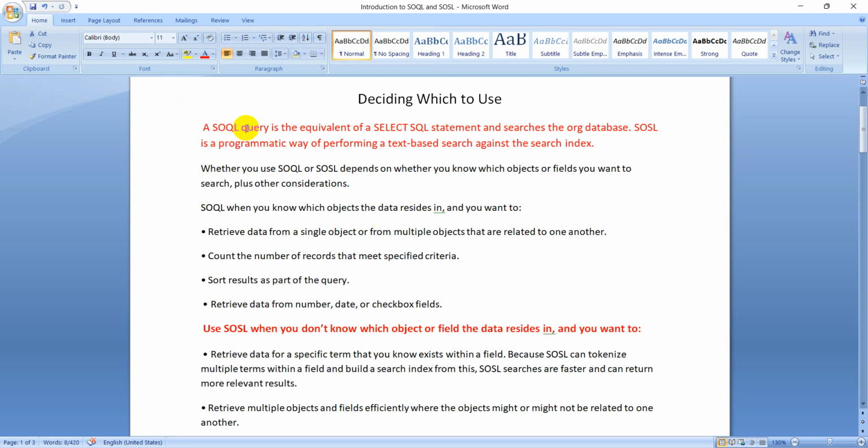SOQL, the Salesforce Object Query Language, is the equivalent of a SELECT structured query language statement and searches the org database. SOSL is a programmatic way of performing a text-based search against the search index. Whether you use SOQL or SOSL depends on whether you know which object or field you want to search, plus other considerations. Use SOQL when you know the object and you know where the data resides, and you want to